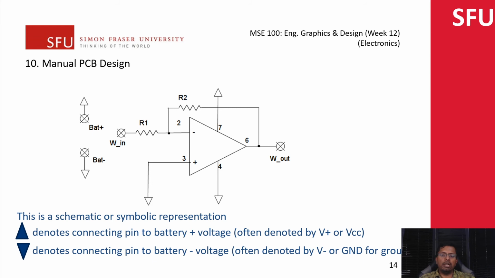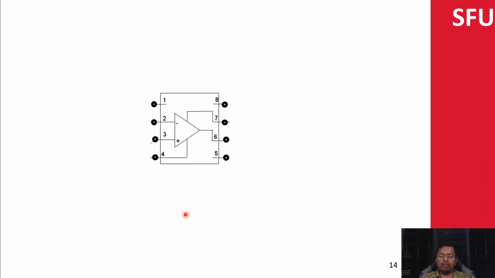The circuit I have here is what's known as an operational amplifier. It's known as a non-inverting amplifier, and we can look up the data sheet. This is the circuit that's given, and we're going to create the manual PCB for this particular circuit. If you look at the actual component itself, you will notice